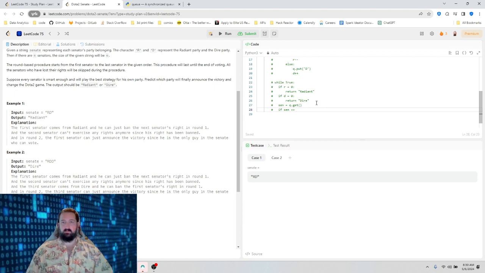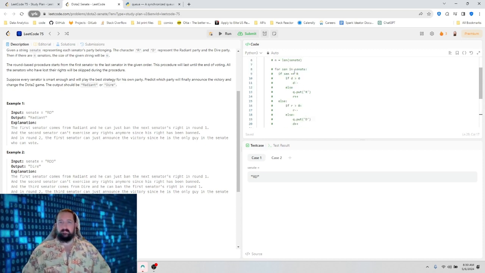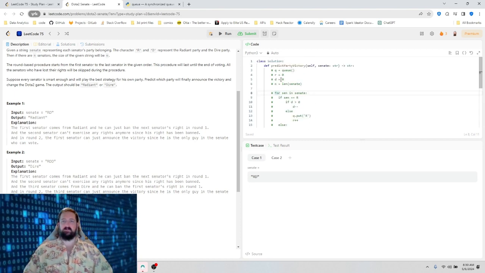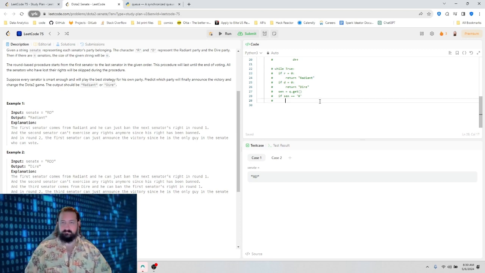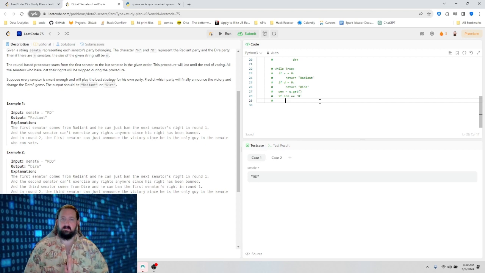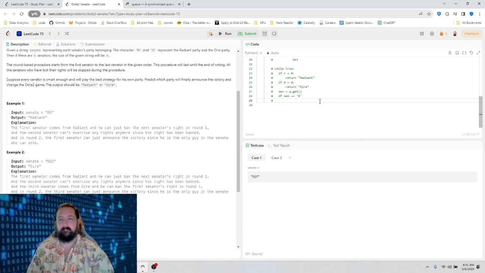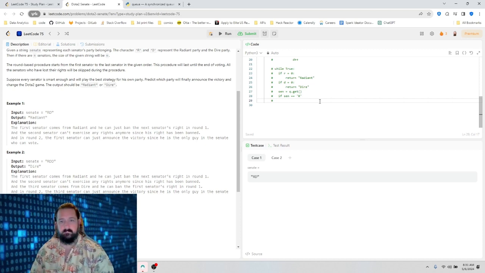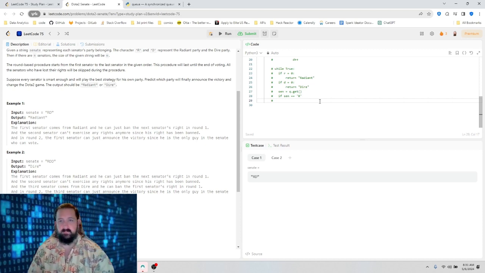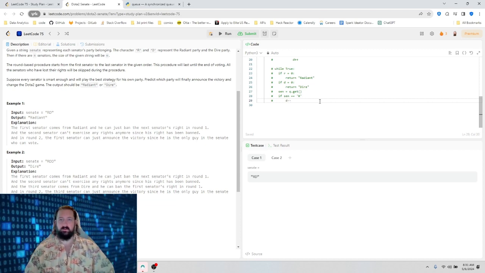If sen equals R, we're going to essentially do the same thing here. So if sen equals R and there's a D, then that D has already deleted him. So in that case, we're going to go D minus minus.